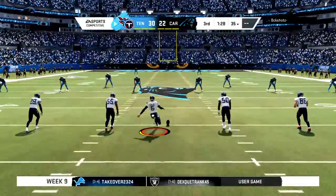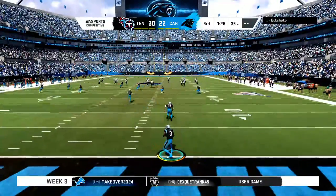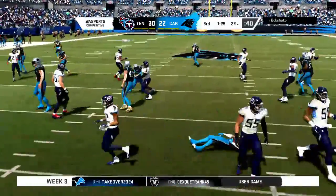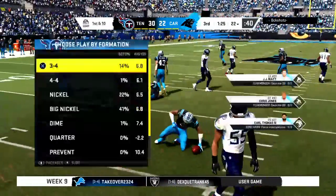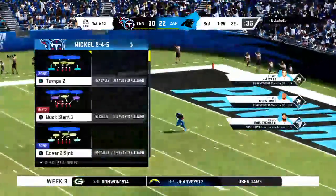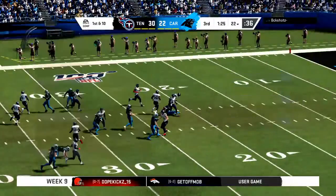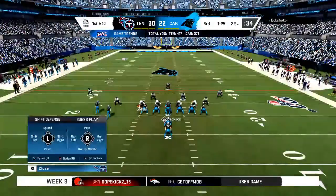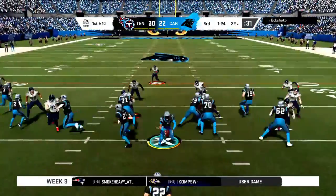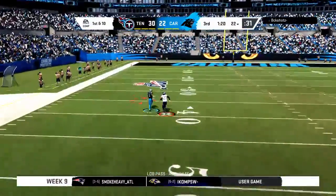Out is the kickoff unit as they run up and send this one away. This will be taken in at the 1. The Panthers out there and ready to begin their next drive. And here we are almost through 3 quarters of play, and this passing game still has not really found any kind of rhythm. Put it mildly because...